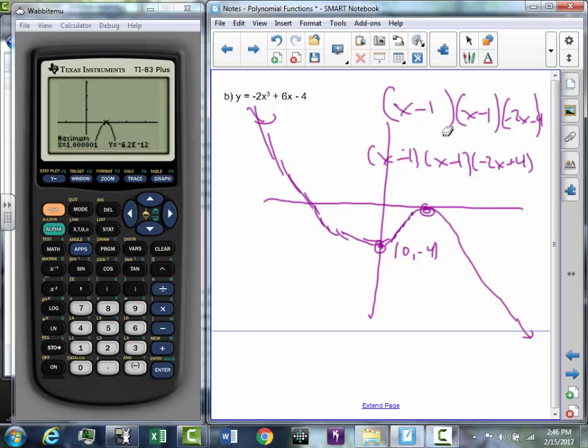Did that logic make sense? How I managed to just guess and check the very last factor? Minus 2x minus 4. Because that's the only way it'll work, right? For your first term, minus 2x, you'll need x times x. You need one more x, so there's an x here. But you'll need a minus 2 to make that first one work, right? And then for the 4 at the end, 1 times 1, well, then you need a 4, and you'll need